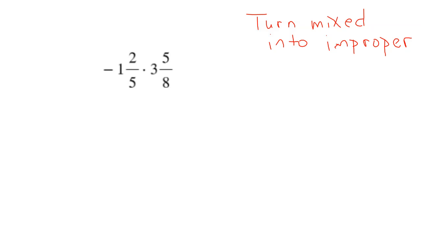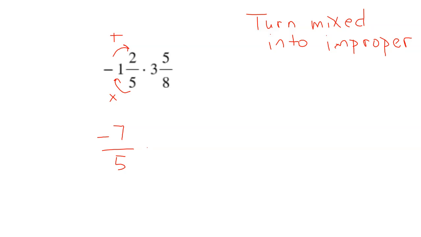Otherwise, you have to do a very long process, which you might as well just go ahead and turn them into improper fractions and do it anyway. So improper fractions, remember, we multiply and then we add. We ignore the sign. So this will be 5 times 1, which is 5. Right here, 5 times 1 is 5. Plus 2 is 7. So this will be negative 7/5